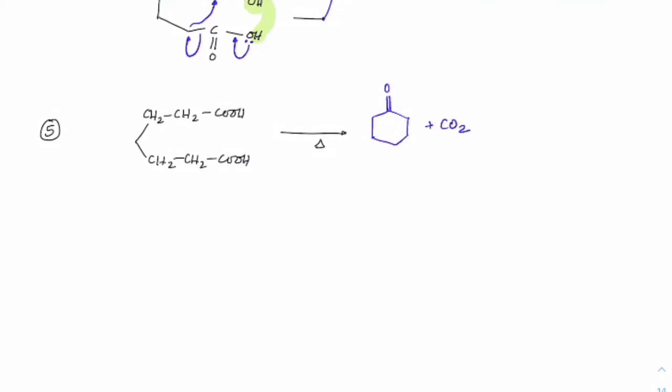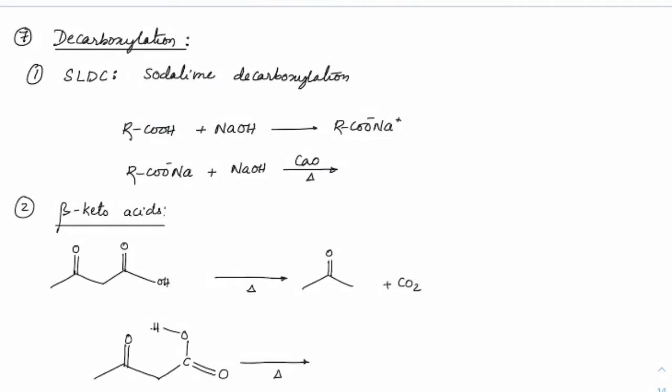Now check out how many methyl groups we have. 1, 2, 3, 4, 5. So up to 5 methyl groups, right? We would get the dehydrated product. Got it? If you have more than this, it might either polymerize or no reaction will be seen. Got it? So you would normally not be asked about what happens with more than this many methyl groups. So you can see this is up to 1, 2, 3, 4, 5. N is equal to 5 CH2 groups.